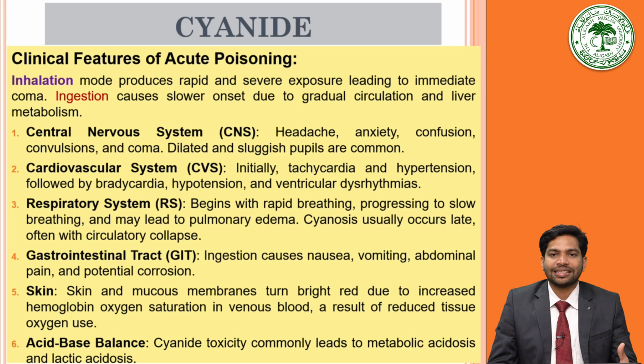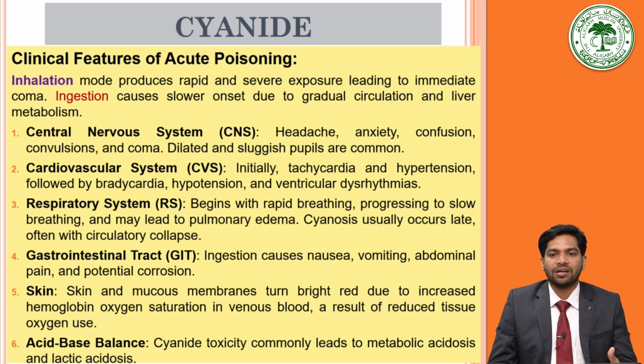On the central nervous system, the symptoms due to its effect include anxiety, headache, confusion, convulsions, coma, and dilated and sluggish pupils are the common findings. On the cardiovascular system, initially it causes tachycardia and hypertension, followed by bradycardia and hypotension and ventricular dysrhythmias. On the respiratory system, it begins with rapid breathing, progressing to slow breathing and may lead